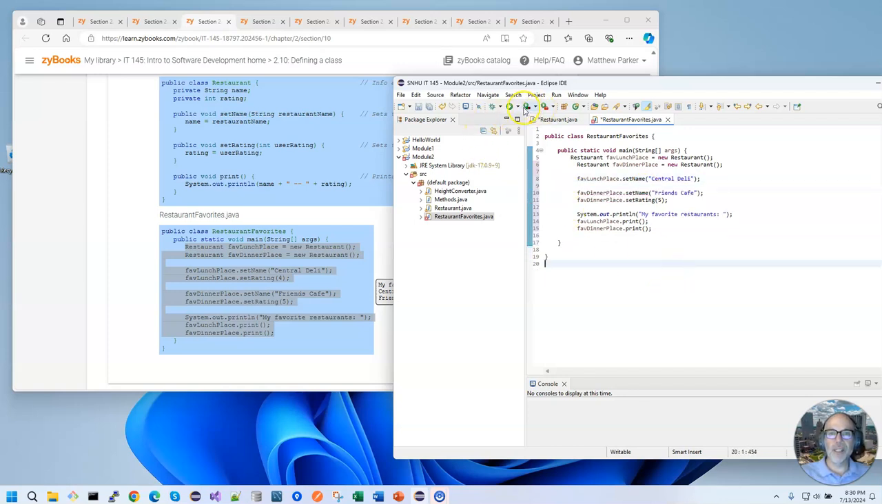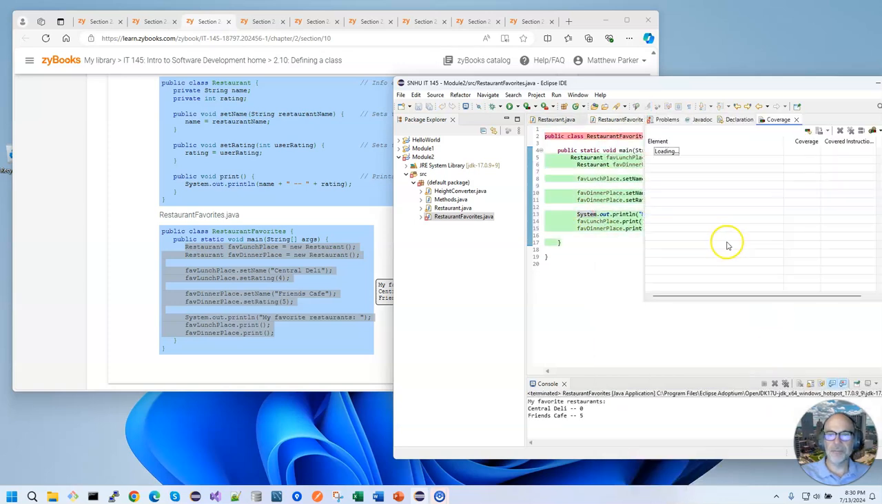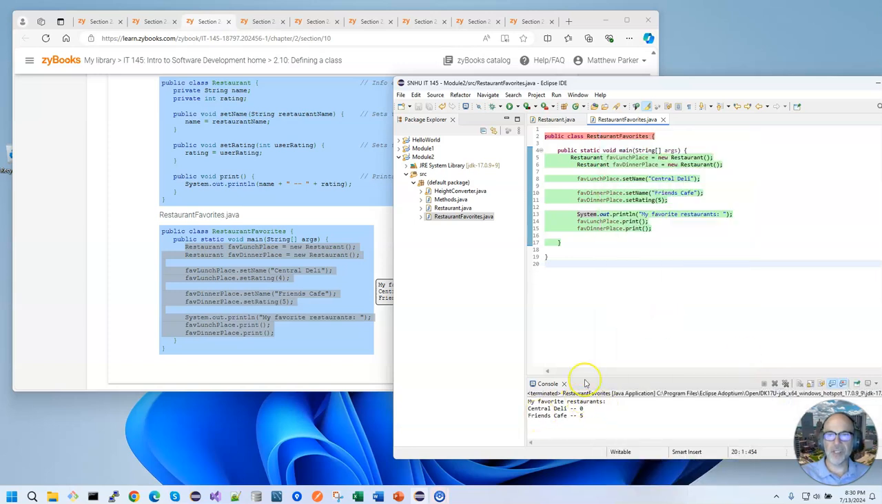And so when we run this, right click, run as Java application. And I think I clicked the wrong button. I think I ran as coverage. So run as Java application. I can see that it's going to print out the details of my favorite restaurants. Favorite lunch place, we set the name to Central Deli. We set its rating to 5. Great. So Central Deli has a rating,